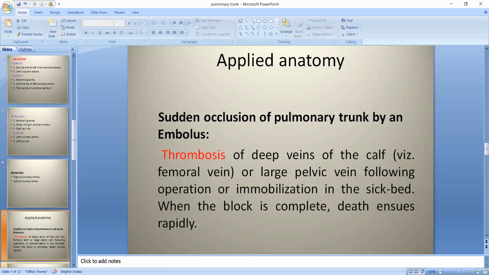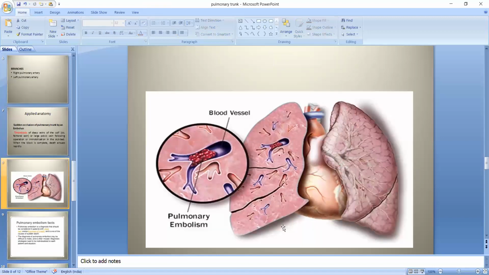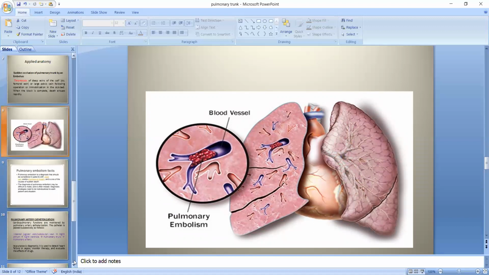So there is accumulation of fibrin and clotting factors, and that leads to the formation of a clot. This is carried away by the blood to different parts, especially through the pulmonary artery to the lungs. From the pulmonary artery it is carried to the lungs, and the thrombus completely blocks these vessels. So we call it pulmonary embolism. If there is complete occlusion, the blood does not flow in that vessel, so the patient can die.